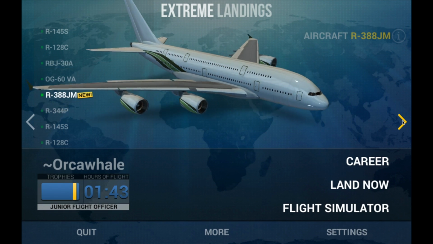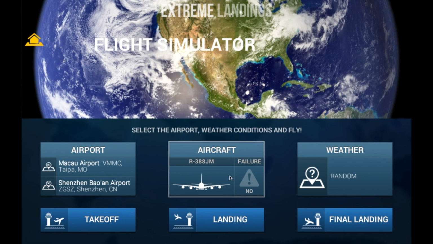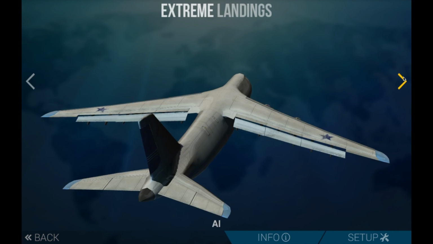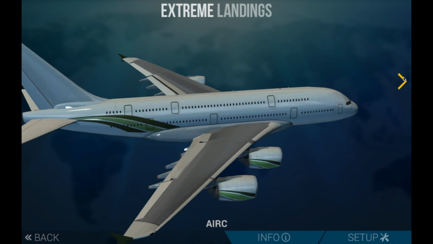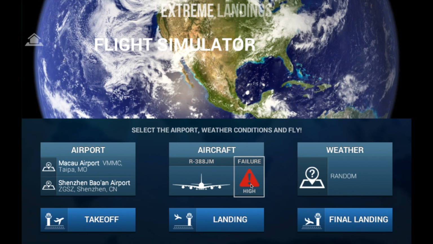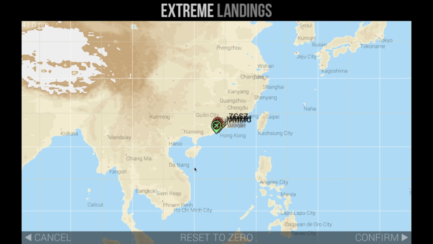Now, we're gonna start, so let's go to Flight Simulator, and we've selected this big aircraft here. You can select here, and I'm gonna show you how to do everything involved in these. So, we've selected that plane. We're gonna do high failure rate because we love failures and we love watching engines blow up, and we're gonna pick an